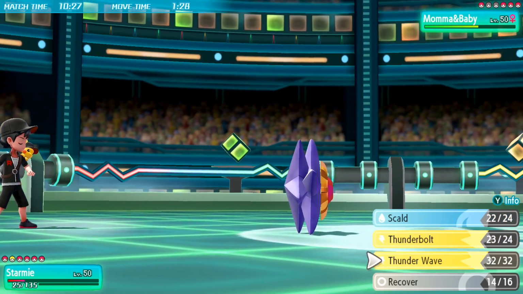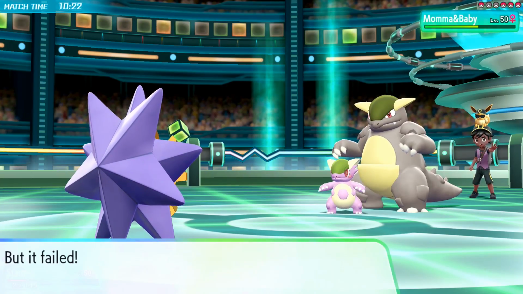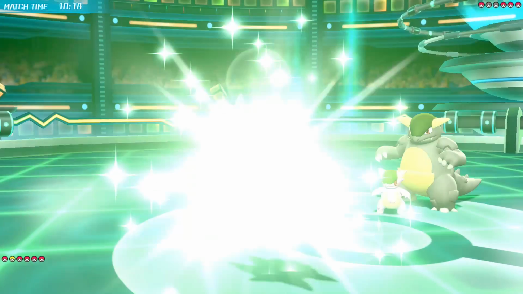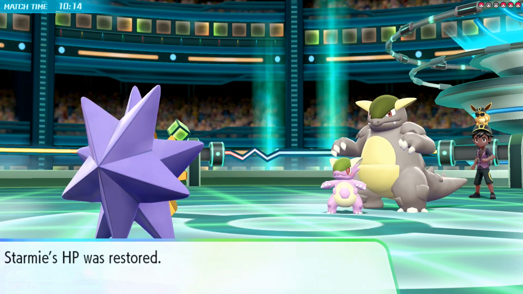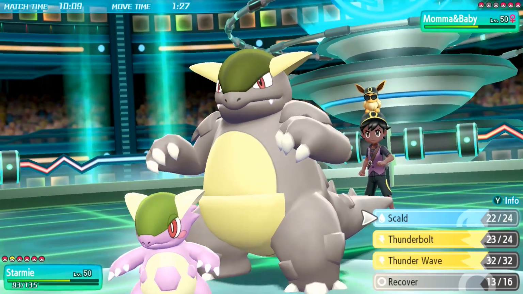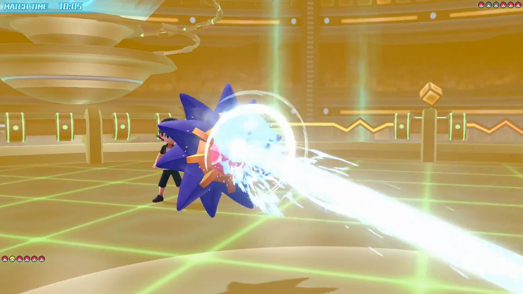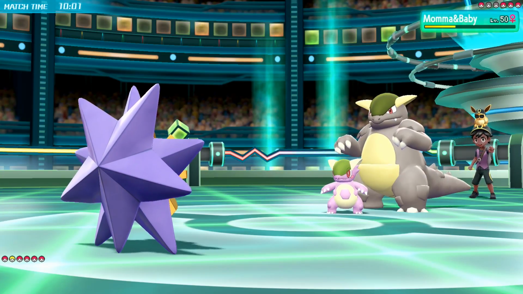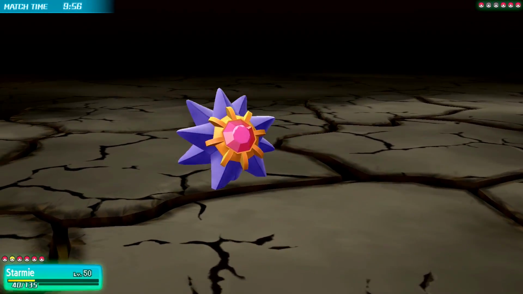Let's see if they have that Sucker Punch. I should be able to live with Facade as well. Yep, they do have that Sucker Punch. Nice. So beautiful, beautiful. Starmie doing its job now. I also think they're guaranteed Jolly and not Adamant, and I'm out of range of the Sucker Punch as well. So we're going to go for another Scald. And again, I'm not necessarily trying to burn them, though obviously burning them would be really nice, but I'm trying to put them in range of my...